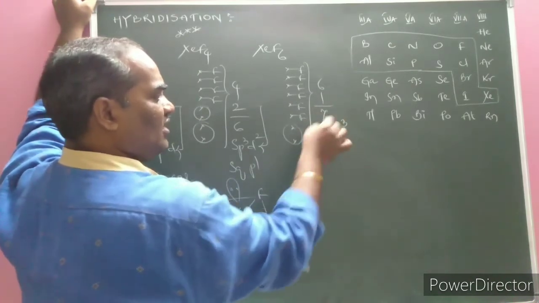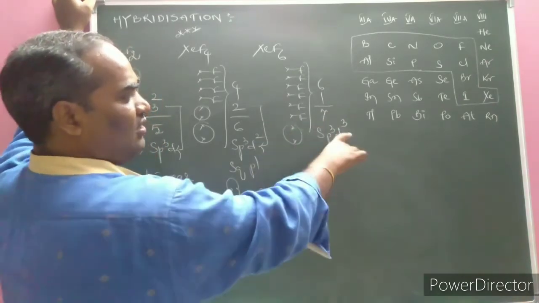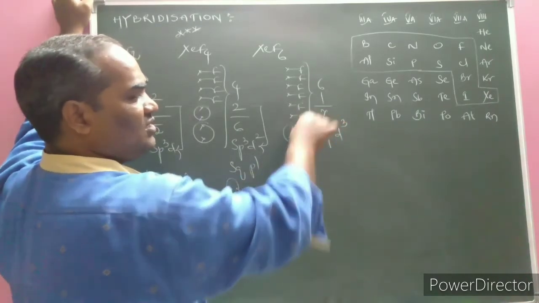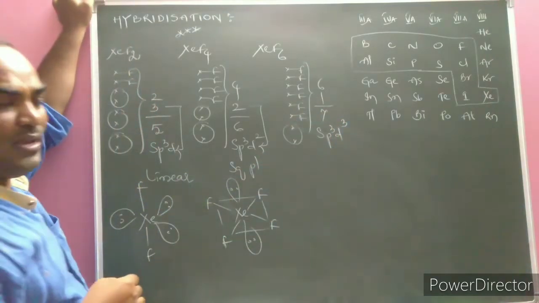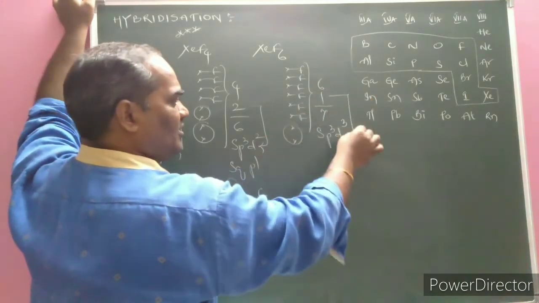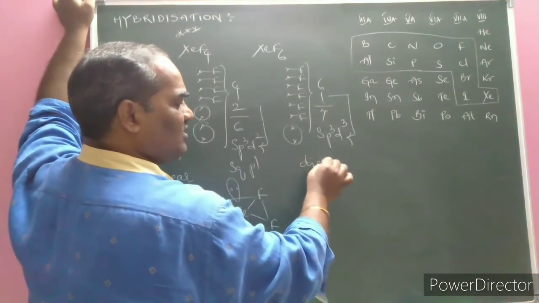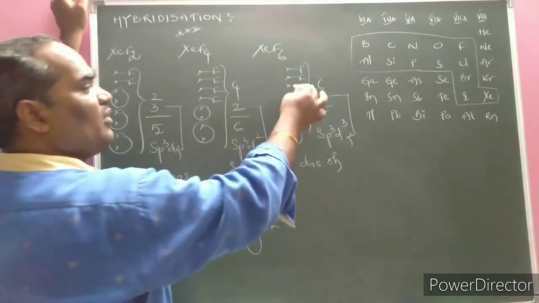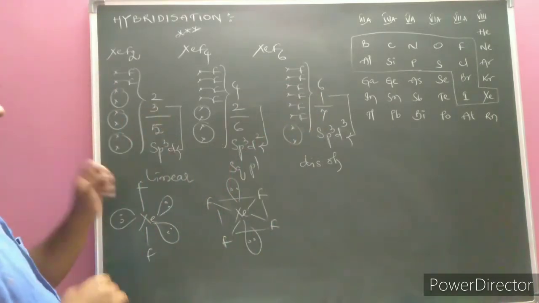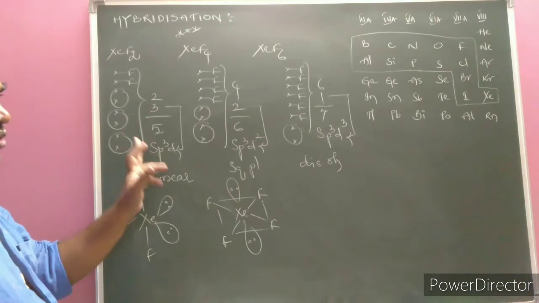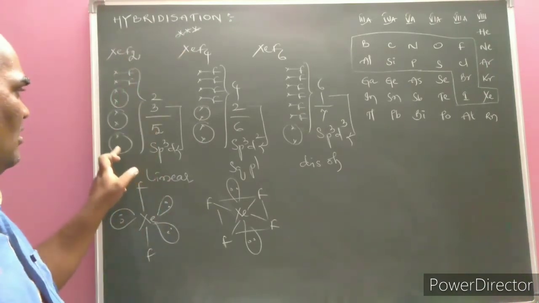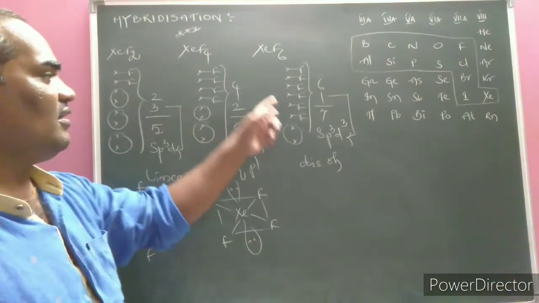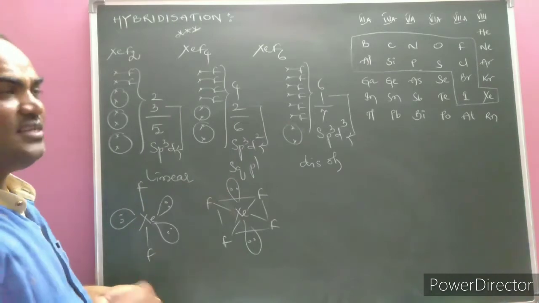If the total is 7, what is the hybridization? It is sp3d3. The value must be equal to 7: d3p3 is 6, plus s is 7. If 7 with no lone pair, we call it pentagonal bipyramidal. But one lone pair is there. Due to the presence of this lone pair, the shape of the molecule is a distorted octahedron. The octahedron is disturbed by the lone pair of electrons. Previously asked: what is the ratio of lone pairs in the xenon fluorides? Xenon difluoride has 3 lone pairs, xenon tetrafluoride 2 lone pairs, and xenon hexafluoride 1 lone pair.